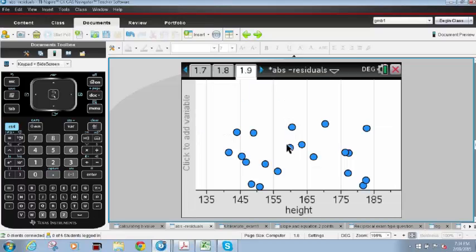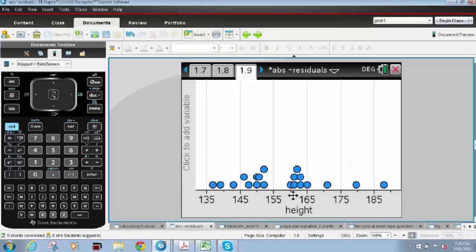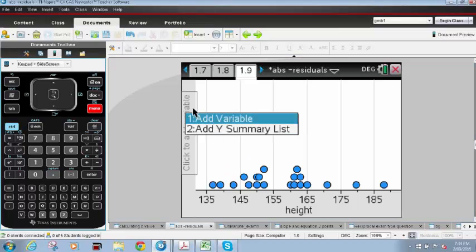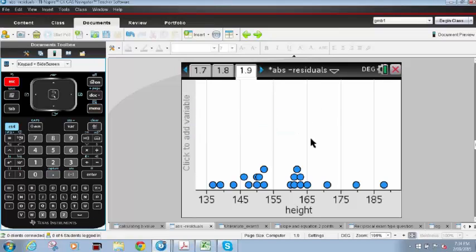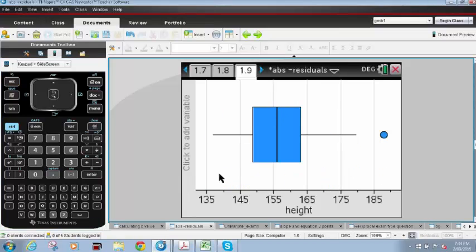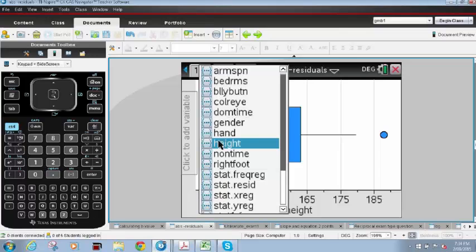Now, hopefully all of you are aware that we don't actually have to go back to the menu. If you use a right mouse click, which on the handheld is Control and the menu key, that will give you, wherever your cursor is, just a reduced number of menu options. So I'm going to right mouse click, Control menu, and I can do a box plot out here. I could put the height over here, so if I choose height to go over there, I've now got it running that way. If I go down here and say I want to split on gender,